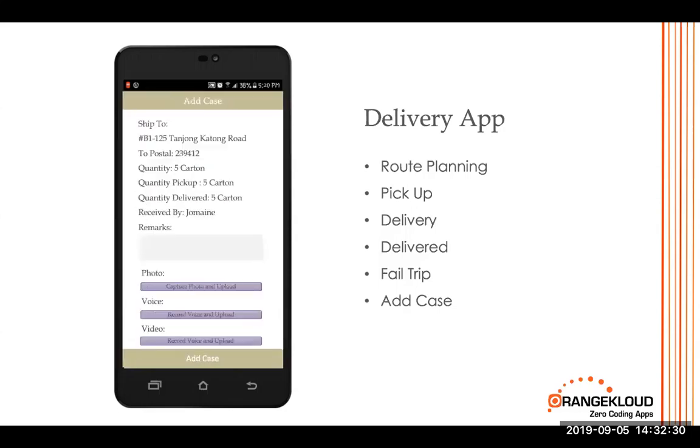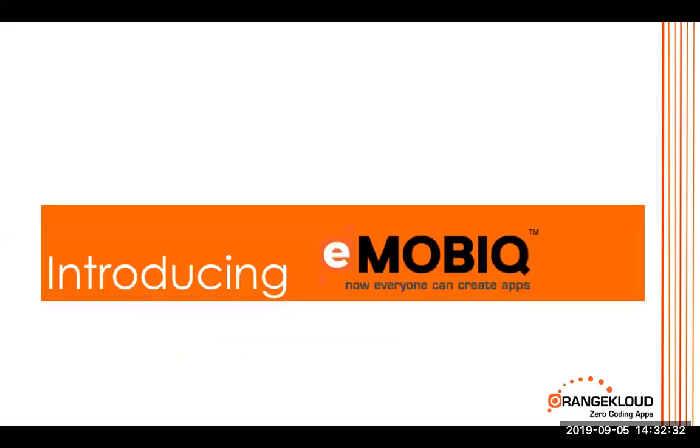So basically, this is what you can do with eMOBIQ, a platform which is highly rated by Gartner,